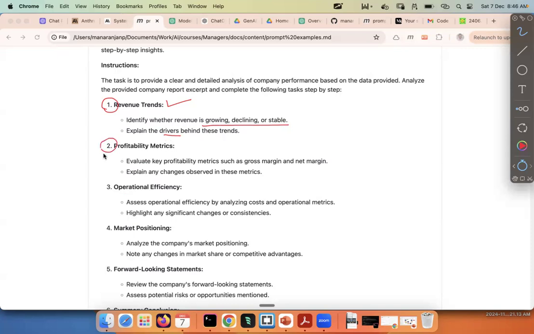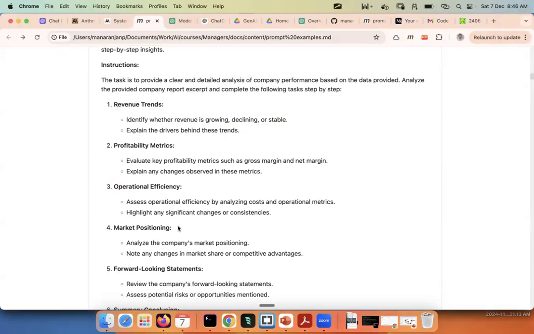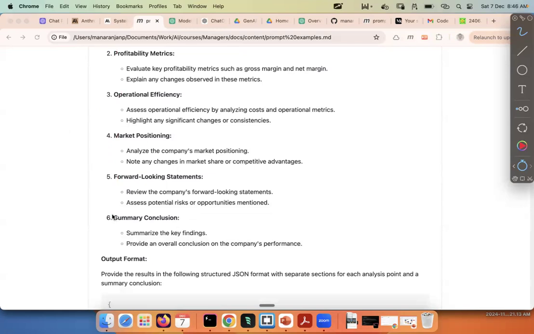Look at the profitability metrics. Look at operational efficiency. Look at market positioning, forward-looking statements. So you are actually specifically asking how to decompose the task. And once you have looked up everything, then you summarize the key findings and provide an overall conclusion on the company's performance,